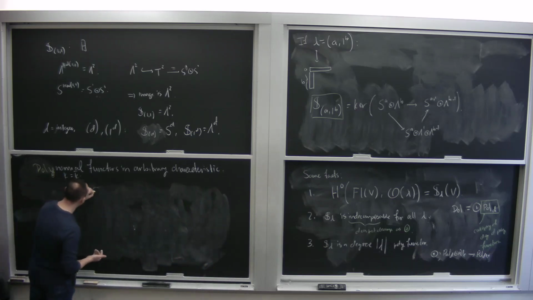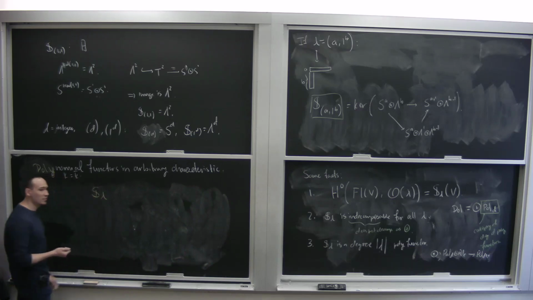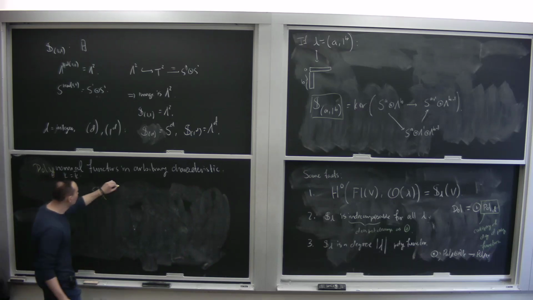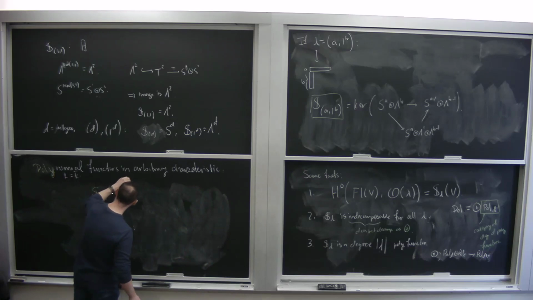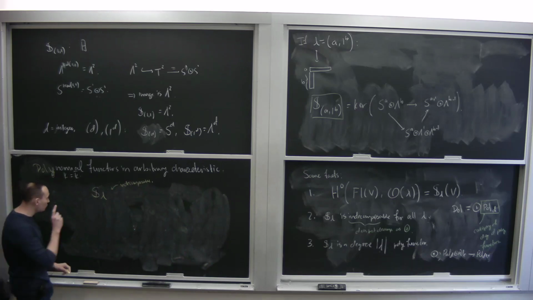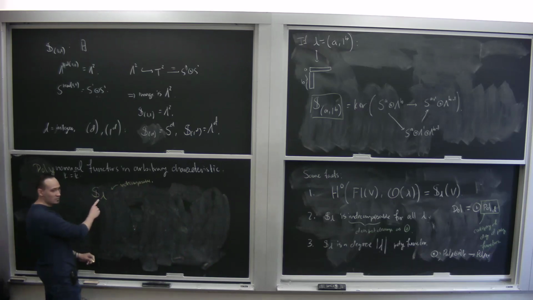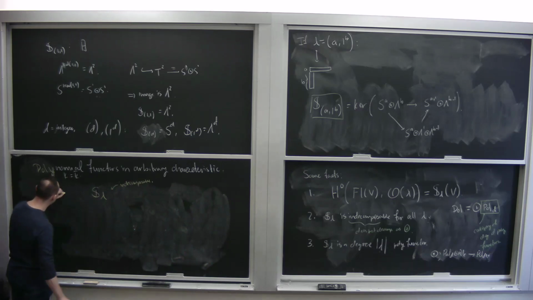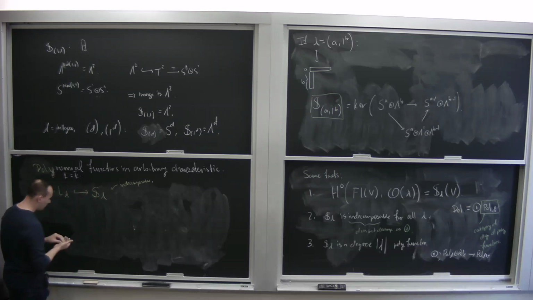So I had mentioned in my facts that S lambda is indecomposable, right? So this is an indecomposable functor. But that doesn't mean it's irreducible. So there can be a proper submodule that sits inside of it. It turns out there's a unique simple subfunctor that sits inside of here, and it's exactly these simples L lambda, right? So this is the unique